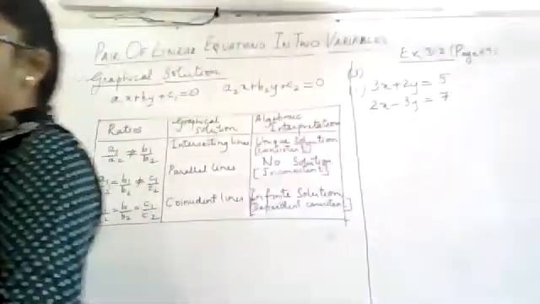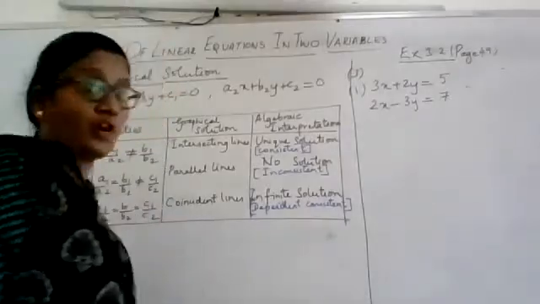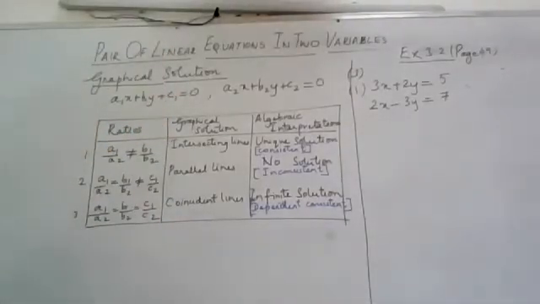So you must see this in the general form. See if it is already given in the general form and hence find out what is a1 by a2, b1 by b2 and c1 by c2. Do it, let me see. Write it in the general form. What is the general form?